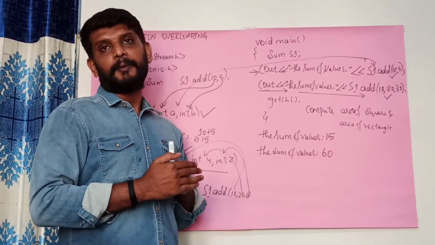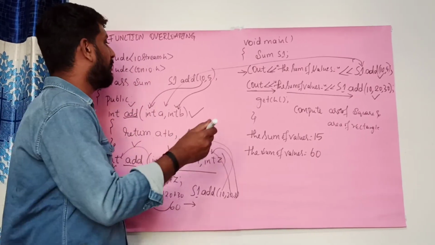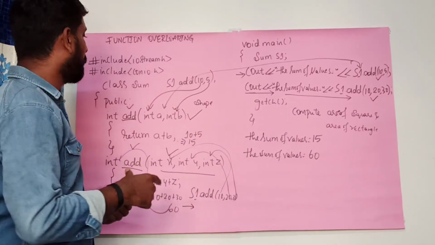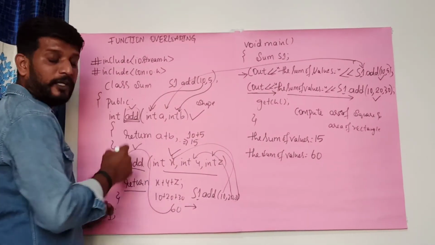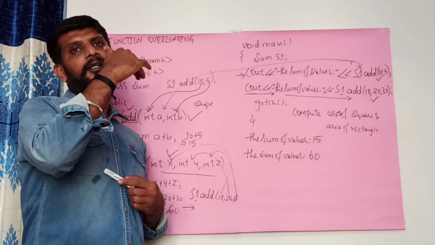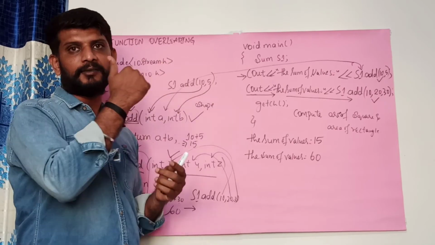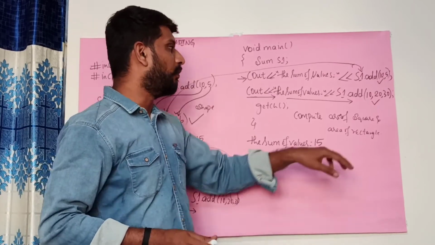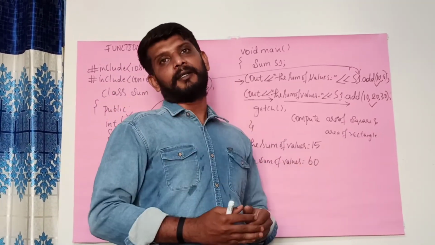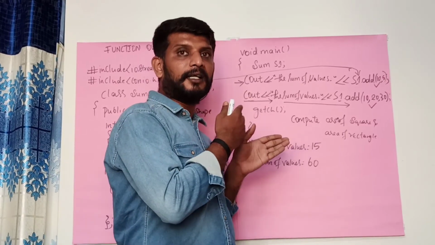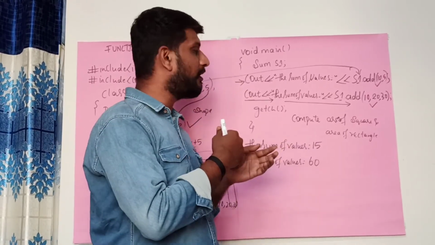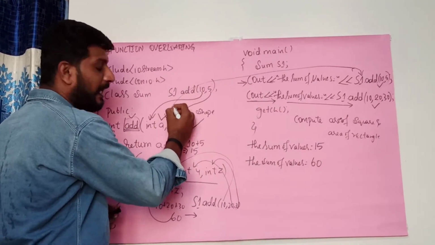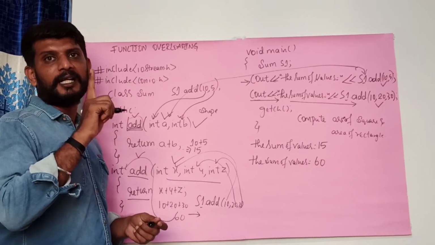Now we will create a class. Let us consider shape or a geometrical shape or something like that. Next we will create 2 different functions, area as well as area. Both the functions are having the same name, that is area. To find the area of square, it is nothing but length into length. That is, to find the area of square you require only one argument. So in the first area function you will be having only one argument.